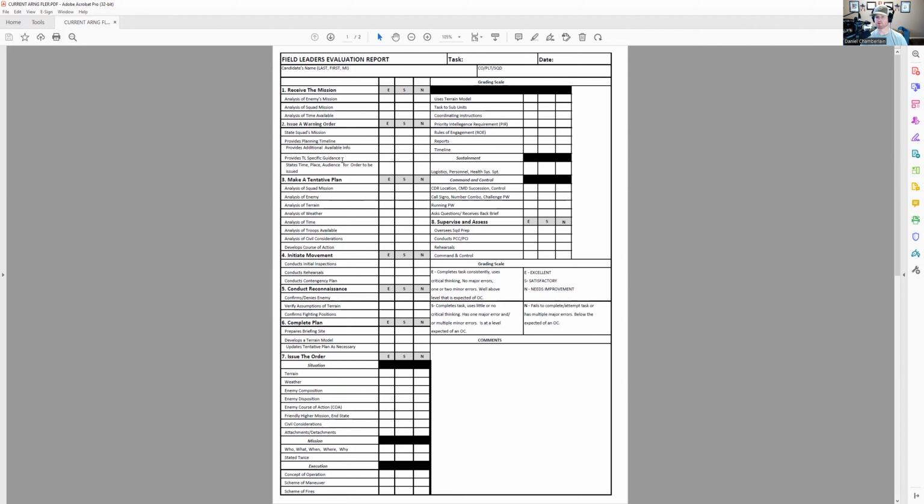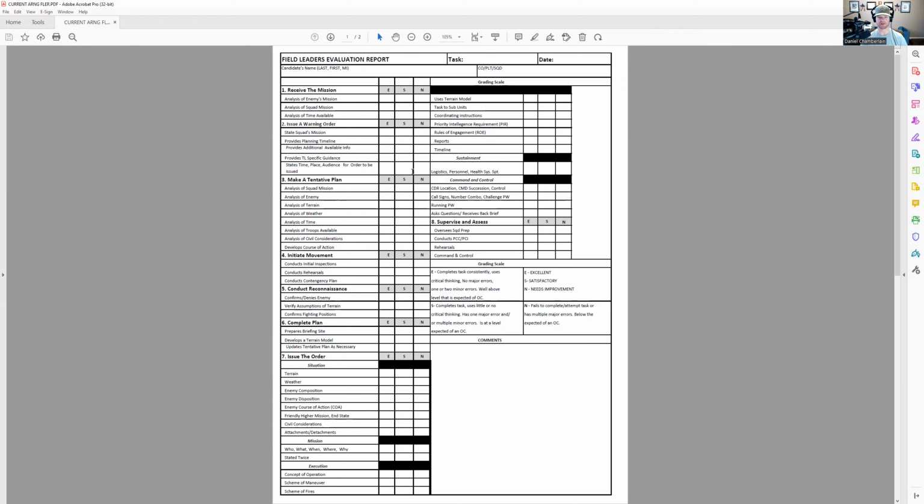If they're pace and compass, whatever. So this is where some people try to make it mission specific guidance. So then you may have to say, hey, you're going to be support by fire on this attack. I need you to work on your talking guns, rehearse that or whatever. And we'll get into rehearsals in just a moment. And then states time, place, and audience for order to be issued. If you don't use any of those 3, you're not going to get this check.